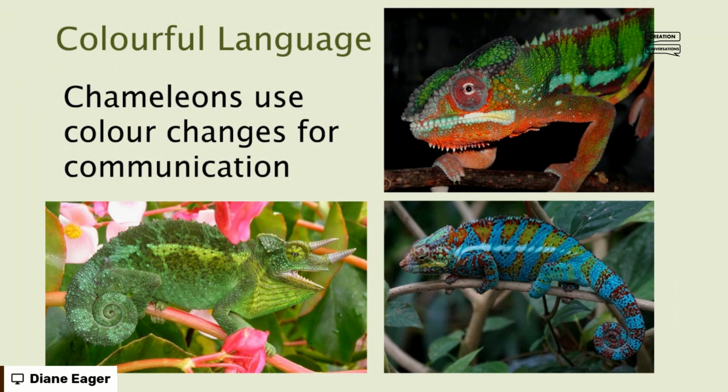They are quite territorial. Now, that doesn't mean they're necessarily aggressive. So they can signal to other chameleons, well, look, I'm here, and this is my territory. And that doesn't mean they have to fight one another. It's just a way of signaling, and also a way of attracting mates. So the colourful chameleon patterns are really colourful language in the proper sense of the word. Colourful language, in other words, they are using colour changes for communication. That is something that works very well in the very good world, and it's not to do with